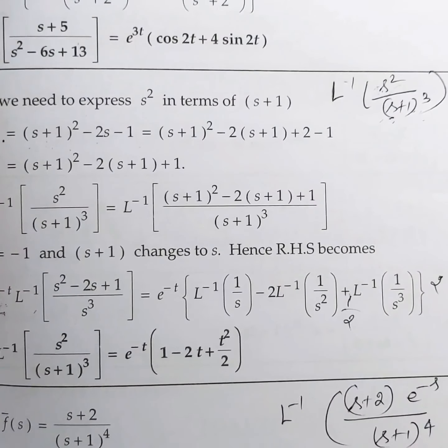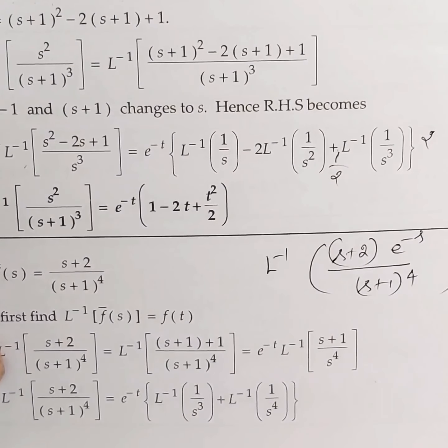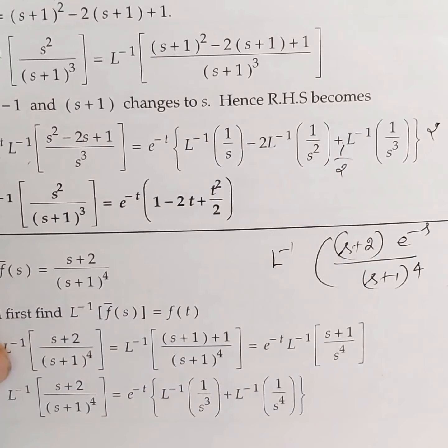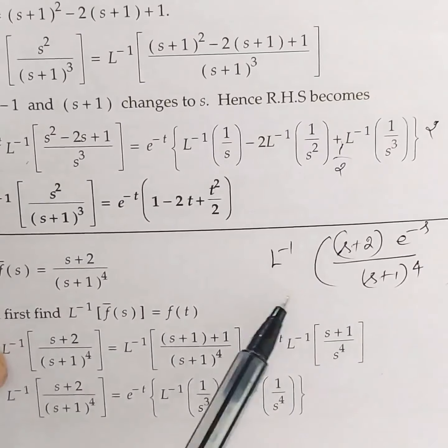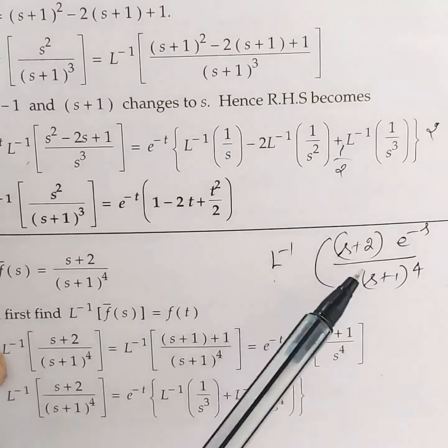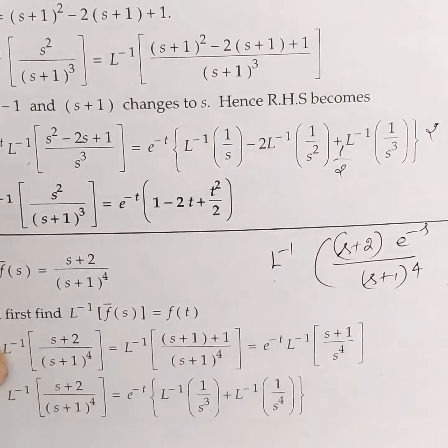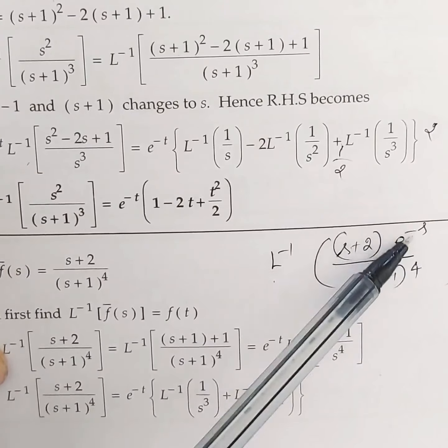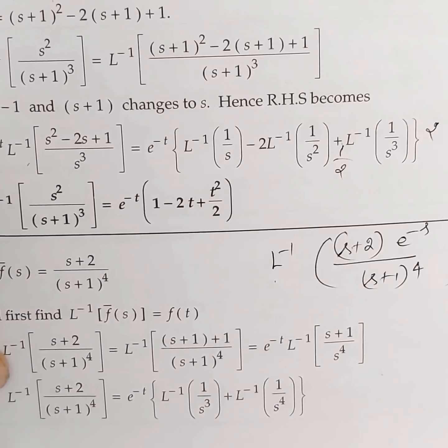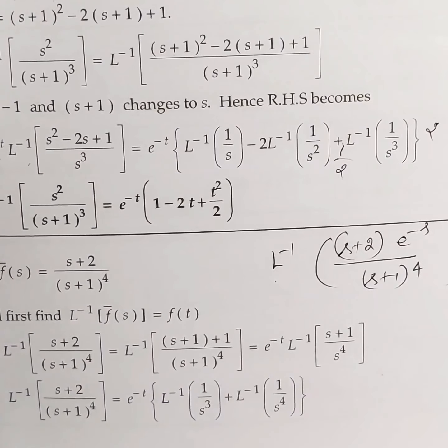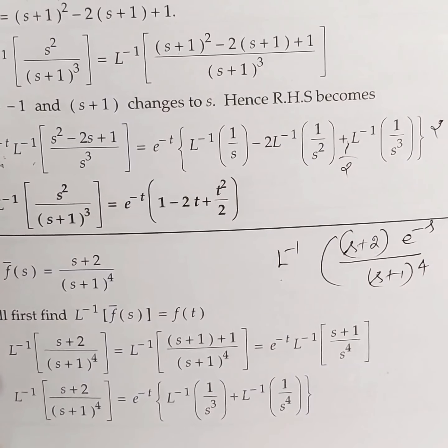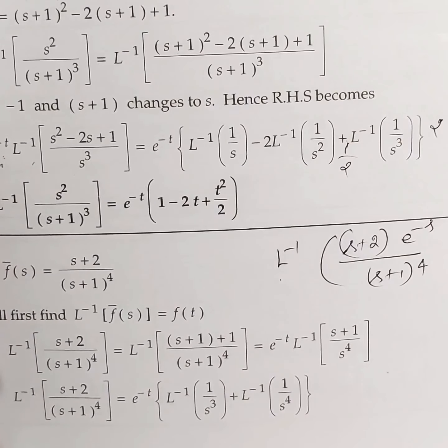You can try few problems on your own, but before that, try to study the formulas properly. Let me check your idea over here. Find Laplace inverse of (s plus 2) by (s plus 1) the whole power 4 into e power minus s. E power minus s is there in the numerator. First of all, what is the formula or property that is associated with e power minus s in the question